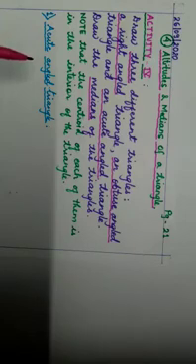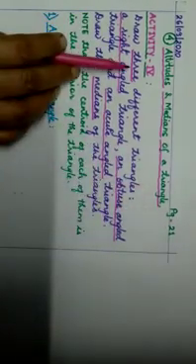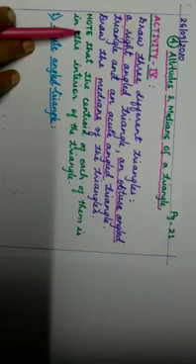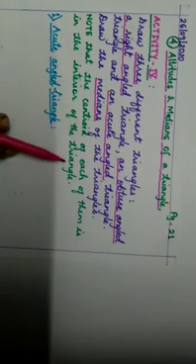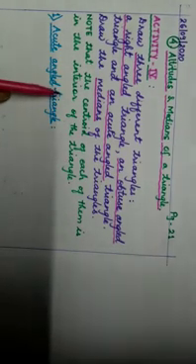We have already seen how to draw a median of a triangle in the previous video. On page number 21, one activity was given, activity 4. Today we are going to do this activity. Draw three different triangles, a right angle triangle, an obtuse angle triangle, and an acute angle triangle. Draw the medians of each triangle. One important note is given: note that the centroid of each of them is in the interior of the triangle. That means in each triangle the centroid lies in the interior of the triangle.